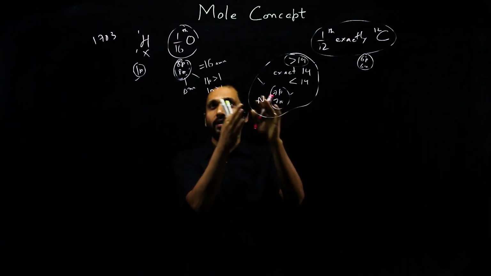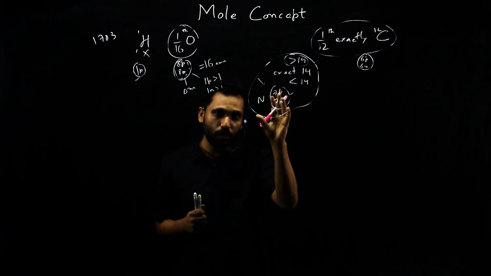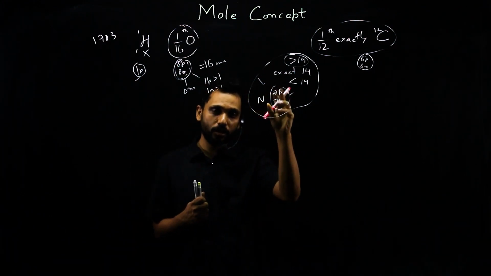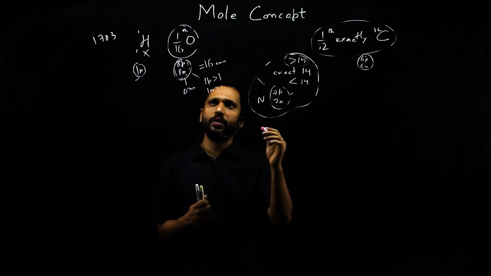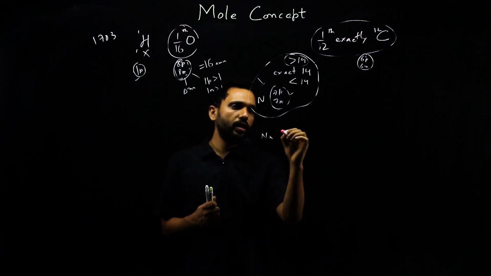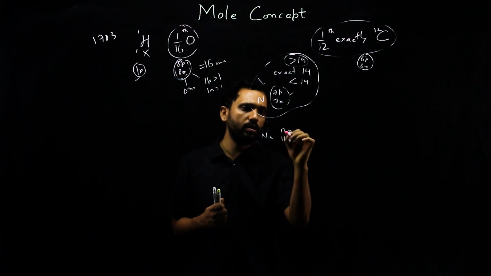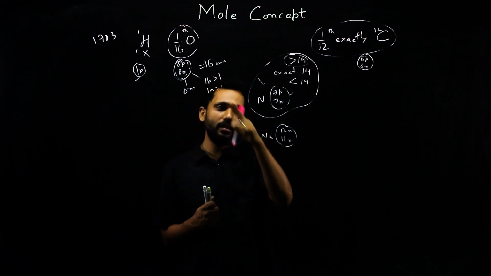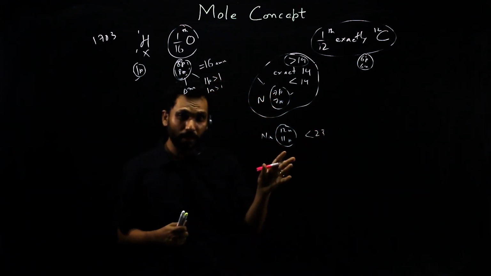So what will happen? They will be more massive because the combination is less, because the bond energy in the nucleus is less. So the conversion of mass to energy is less. Similarly, if I would have asked what would be the weight of something, say sodium, which has 12 neutrons and 11 protons, what would be the mass of this if oxygen was exactly 16? The answer would be less than 23.